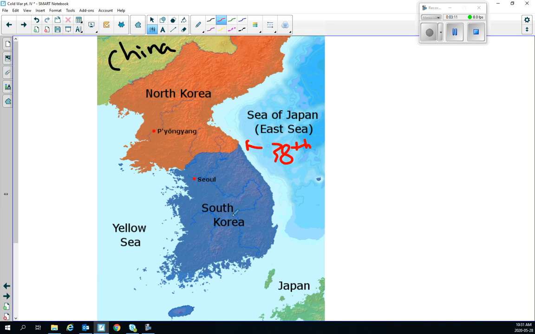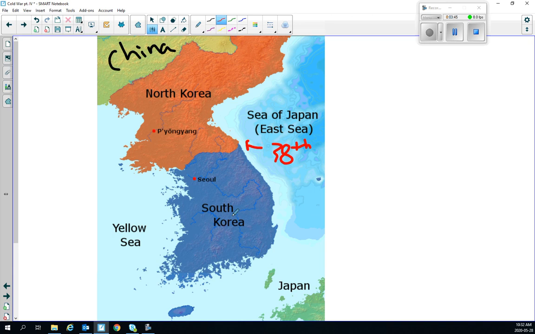And this was done just so that Korea didn't fall into chaos and civil war. The economy lacked infrastructure. Of course, they don't really have a government because Japan was their government and now they're gone. So to avoid the chaos of a power vacuum, they split it in two. There's a North Korea that is going to be rebuilt and supervised by the Soviet Union, and there's going to be a South Korea, which is going to be supervised and rebuilt by, of course, America, your two superpowers after